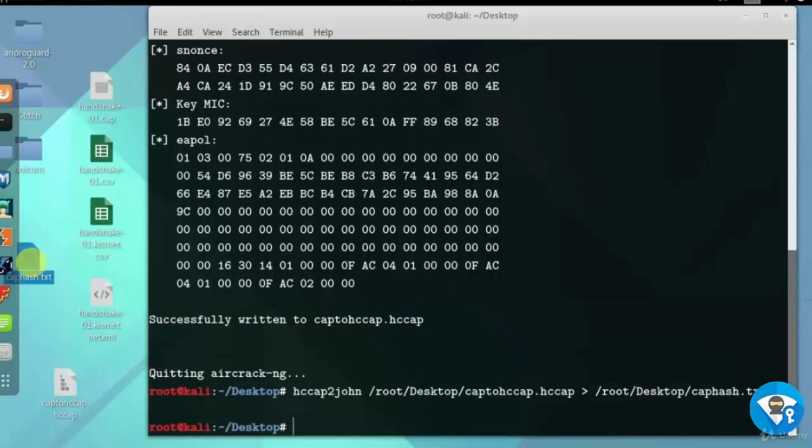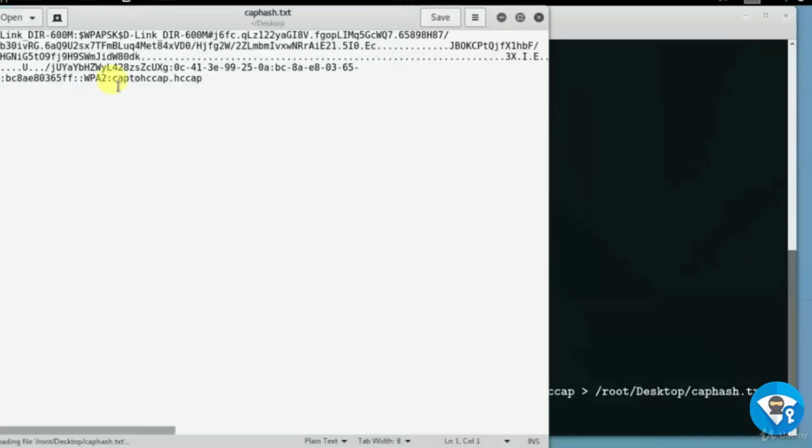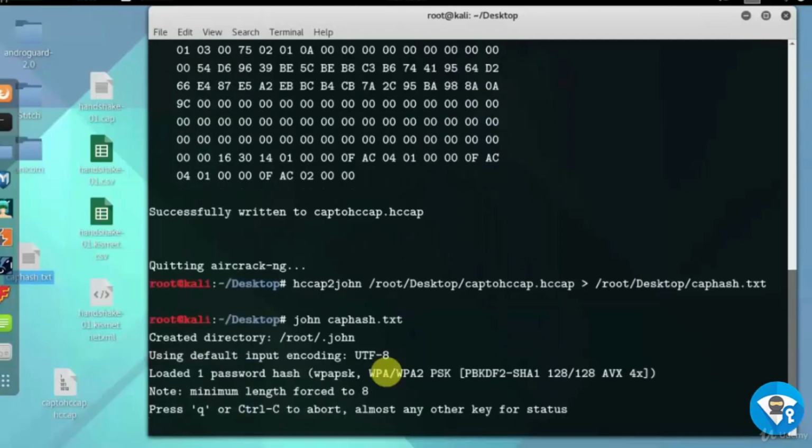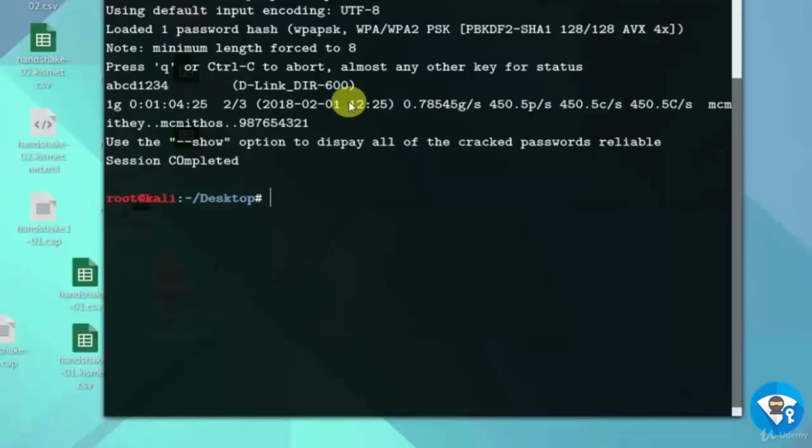Let's open the converted file. You can see encrypted format text. So let's decrypt it by using john caphash.txt. It will take a few minutes. If the password is strong, it will take more time. So here I'm forwarding the video. Here you can see that the password is